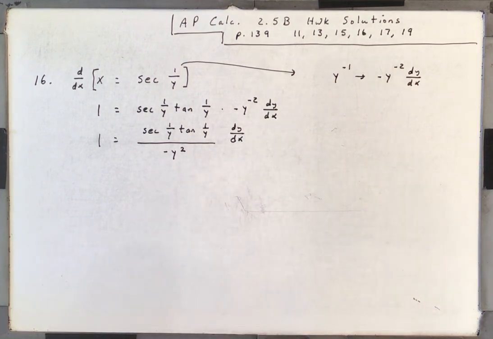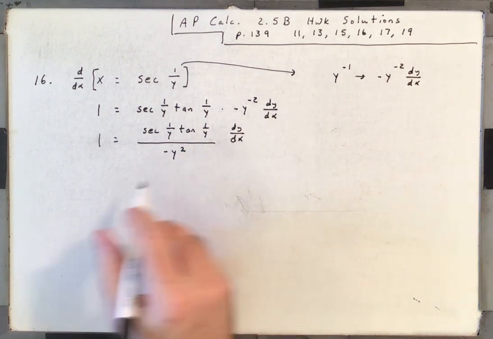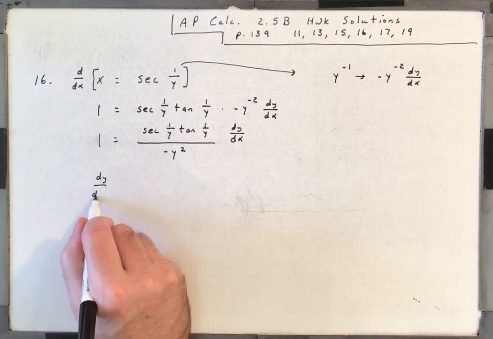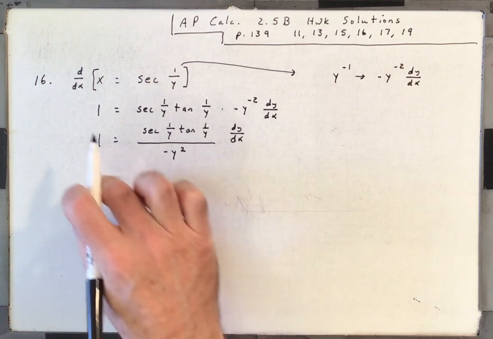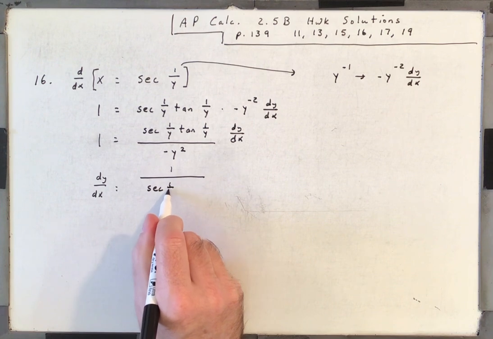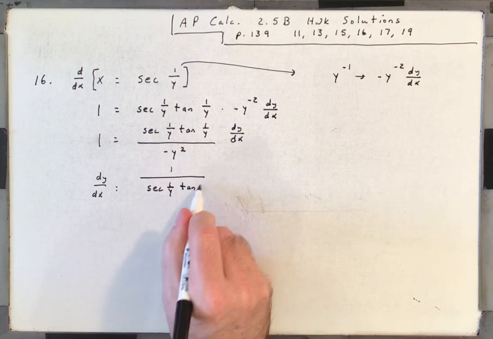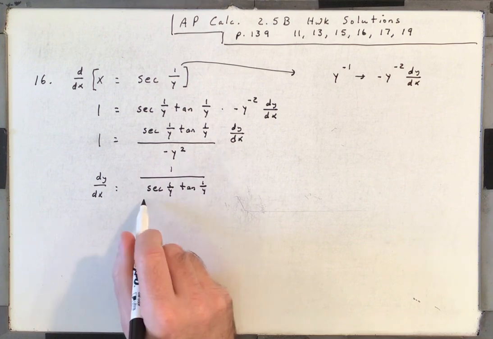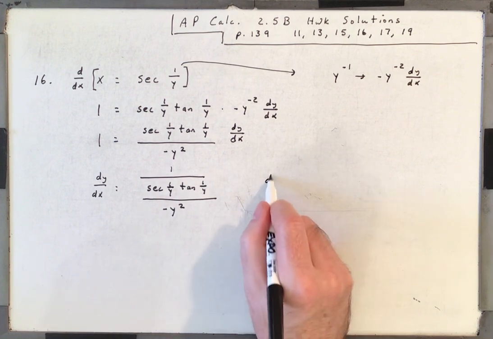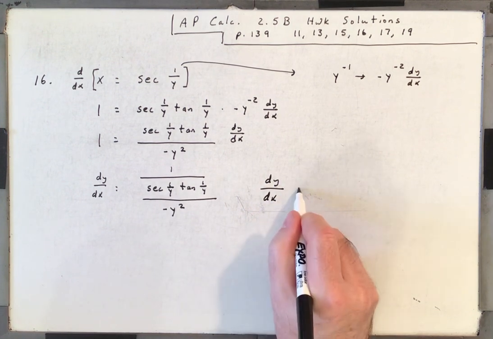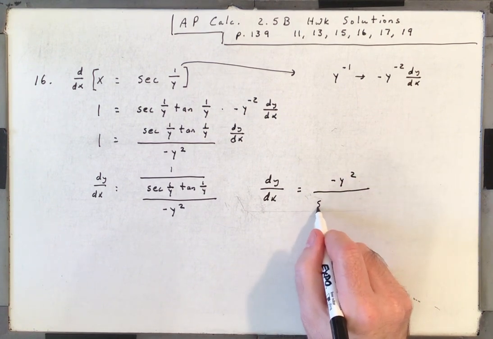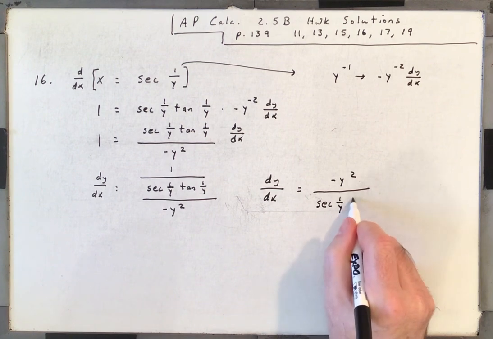Okay, so I'll go ahead and show this the long way. So dy/dx, then we're going to bring this entire fraction underneath: 1 over secant(1/y) tangent(1/y) over negative y squared. But 1 over a fraction just flips the fraction, right? So dy/dx is going to be negative y squared over secant(1/y)